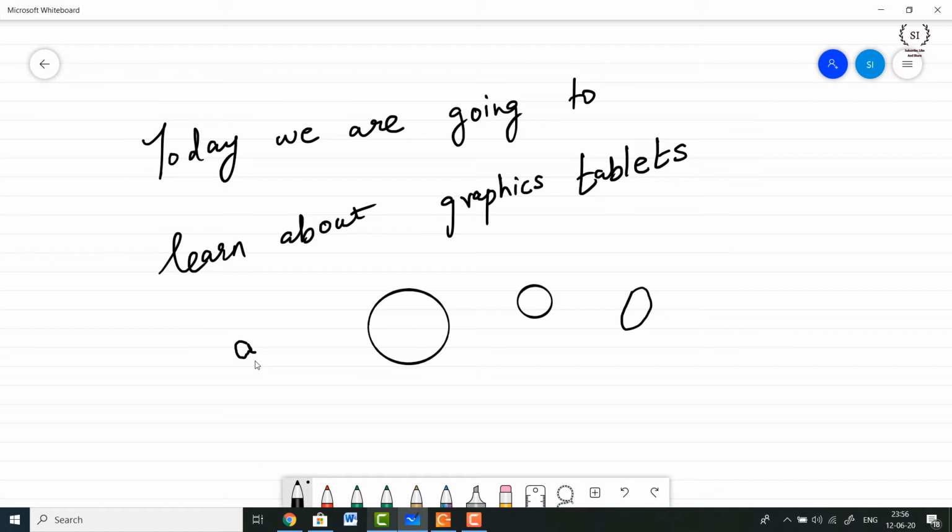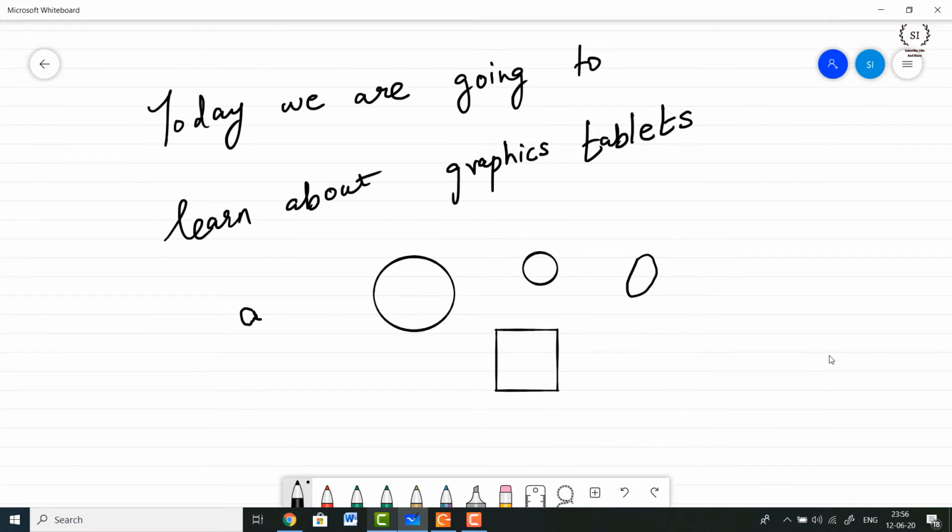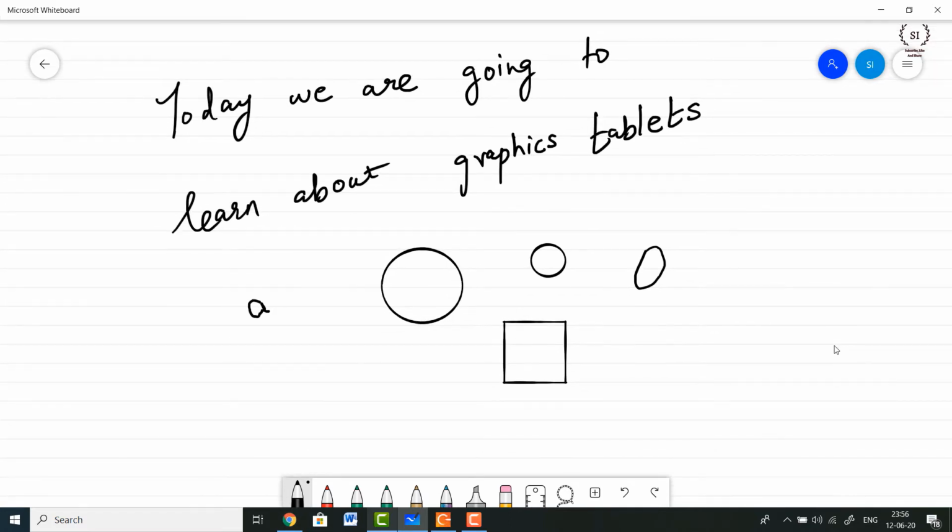Okay, for example, let me draw a rectangle sort of shape. Okay, so you saw what exactly happened. I tried to draw a rectangle and the machine, or the app to be specific, that is Microsoft Whiteboard, easily distinguished it from other shapes. So this is how it really comes handy when you try to draw something on the board with the help of the stylus pen. Okay, let me show you the various options.